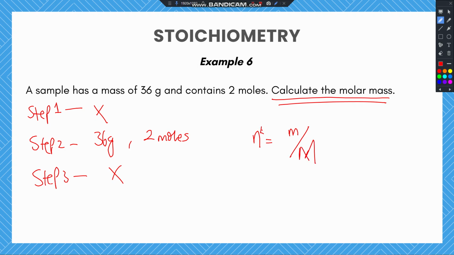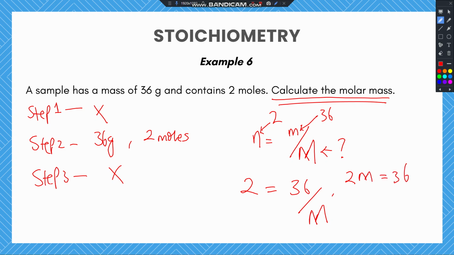Now we know n stands for the number of moles, which is 2. The mass m is 36 and this guy is not known. So let's put in our values. This becomes 2 is equal to 36 divided by M. If we cross multiply, this becomes 2M is equal to 36. So we divide both sides by 2 to get the value of M. 2 cancels 2 and we have M is equal to